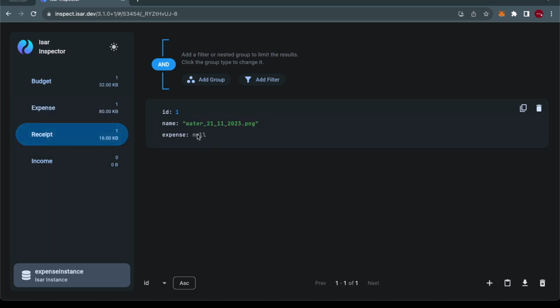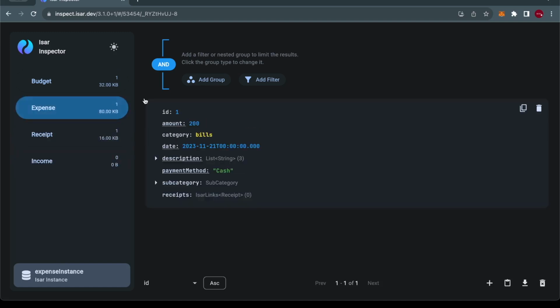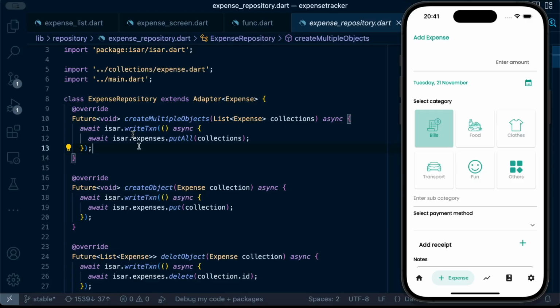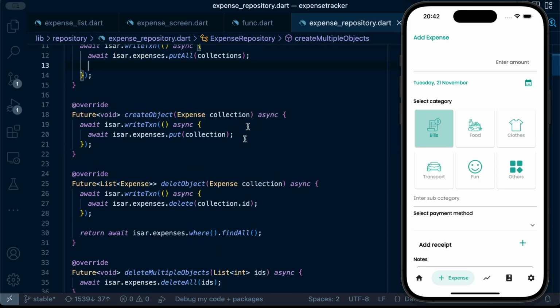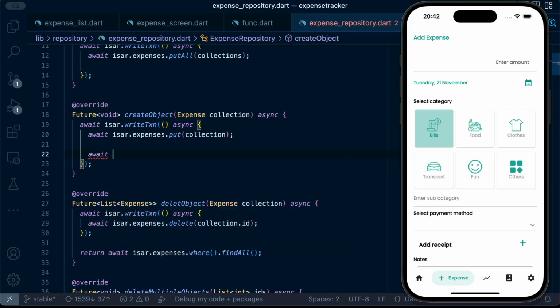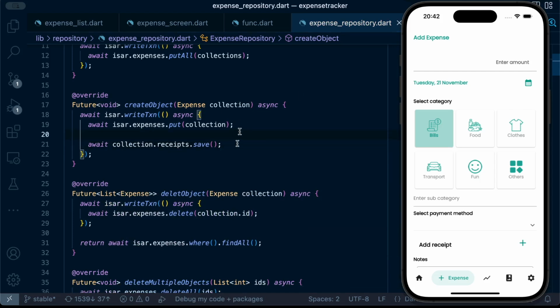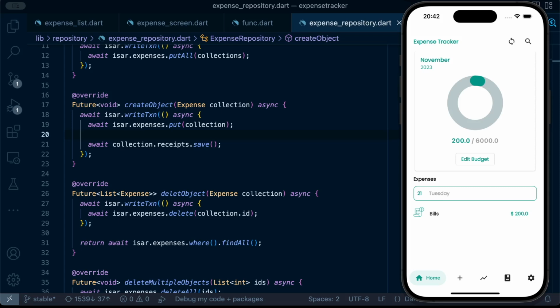Yeah, our receipt property is empty, yet we have uploaded a file. Let's see what's wrong. So in our expense repository, create object. Okay, so there's something new that came in this new version. You have to run the collection.receipts.save